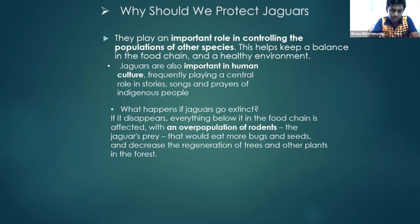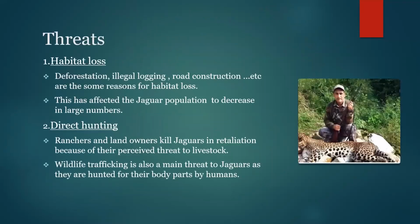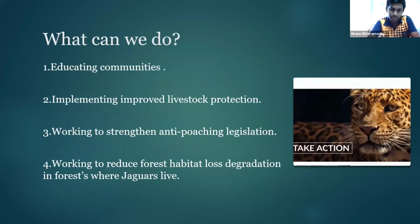There is an international Jaguar Day. When is it? Sorry, 29th November. Jaguars, the iconic cat of the Americas and health of our planet. And November 29, International Jaguar Day, a day to recognize the importance of